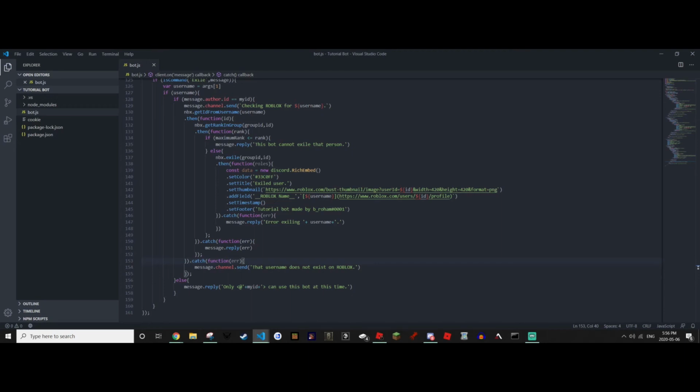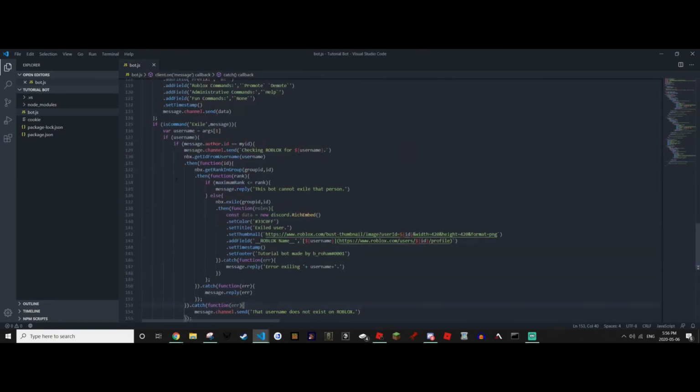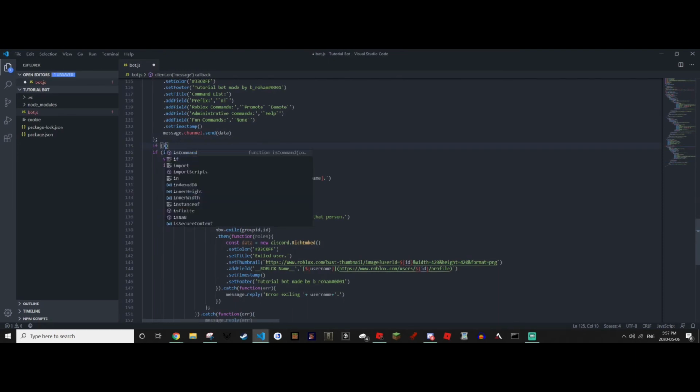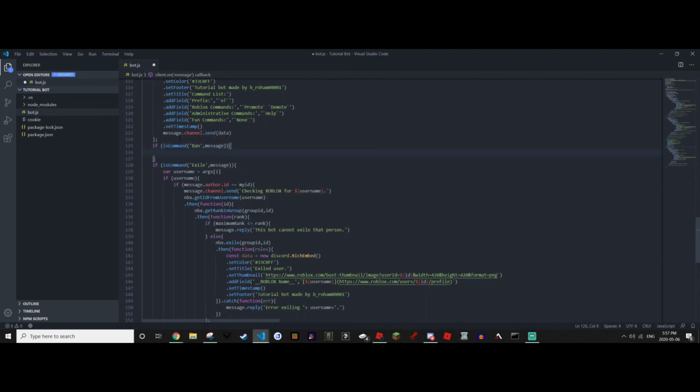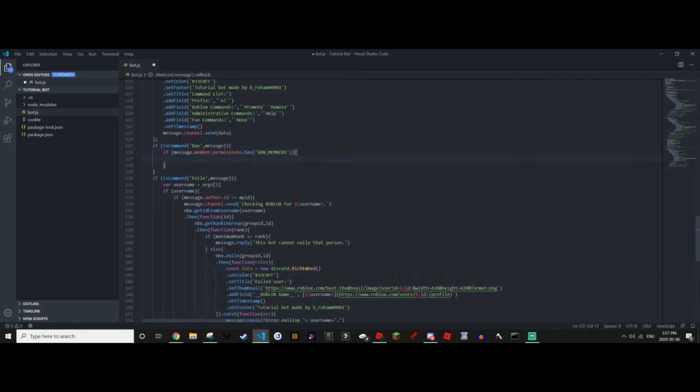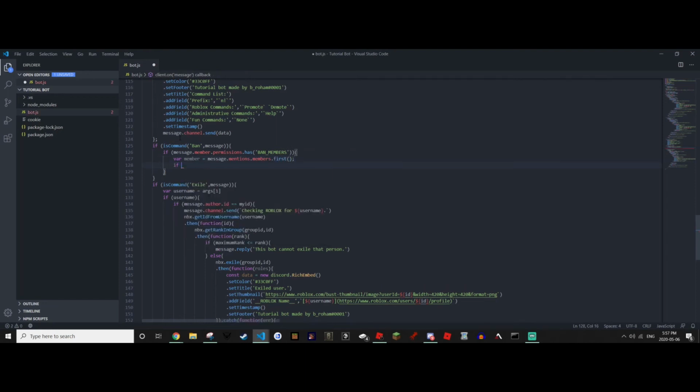So let's start with the ban command. So if is command ban message, comma message, if message dot member dot permissions dot has ban members, var member equals message dot mentions dot members dot first, if member